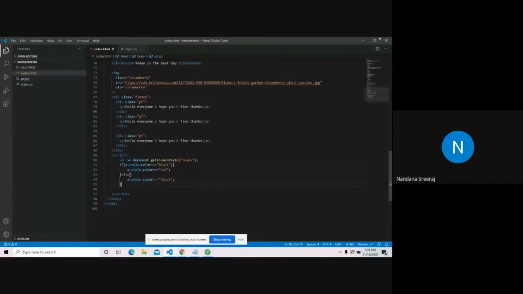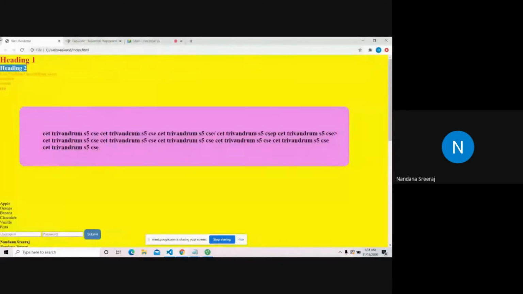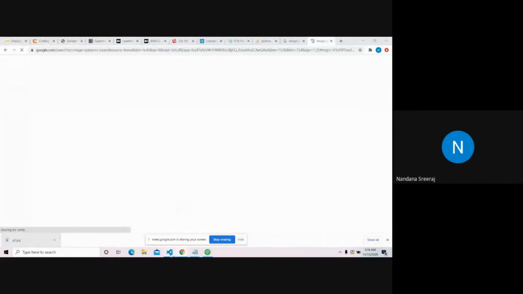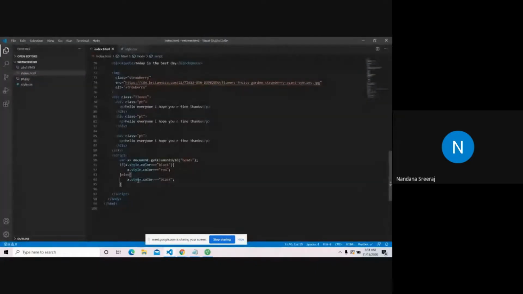So let's see if it works. It won't work, but yeah, I'll just try. Nothing works, right? So when should this be executed? We are not calling this as something, or it is not inside a function. It's just a script tag. By default, script tags won't be executed until and unless they are called or something.